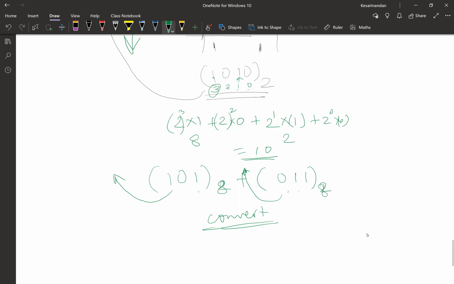Yeah. So if given any number like 264 to the base 8 plus